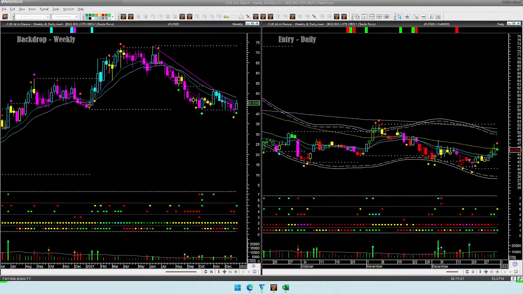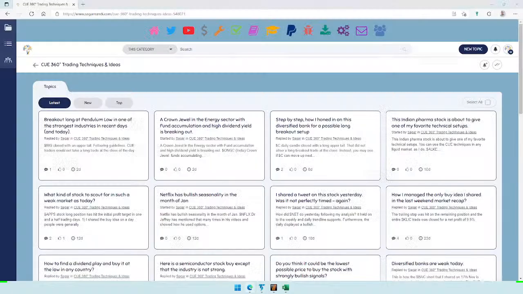So Apps worked out, that was shared 12 days ago. It confirmed the setup, then hit the initial profit target. And the next two setups, Citibank 8 days ago and Big Lots 2 days ago, actually did not confirm, so we would not take the trade. But that was also providing useful information.